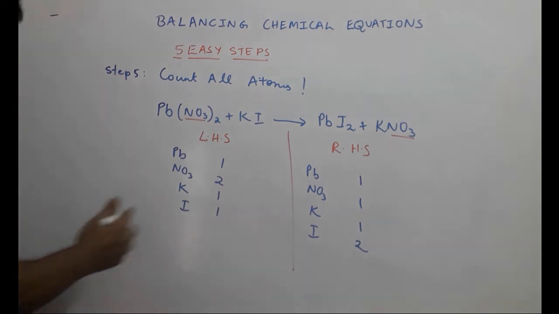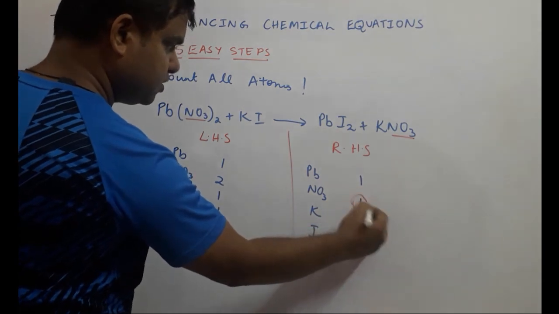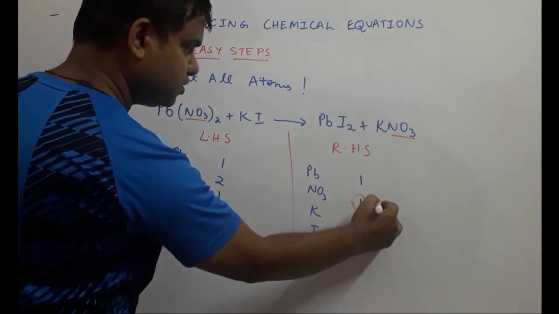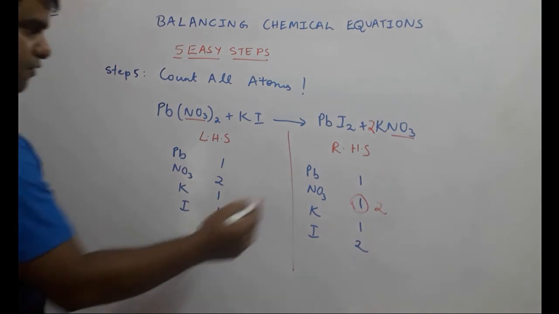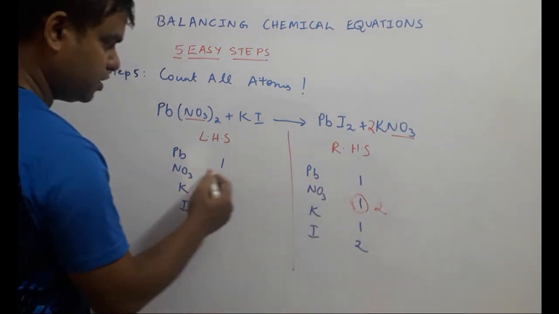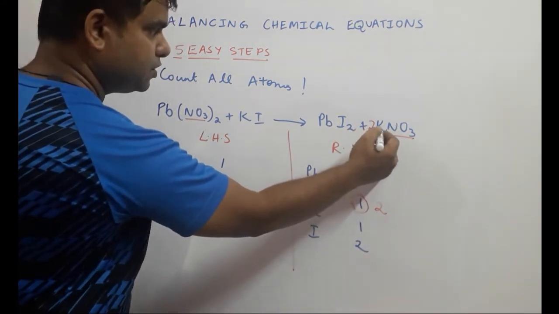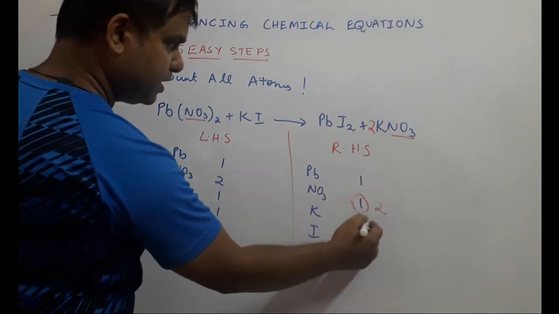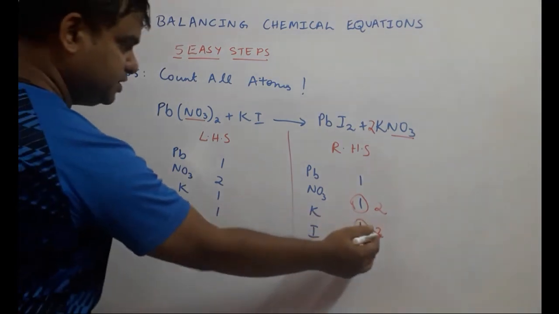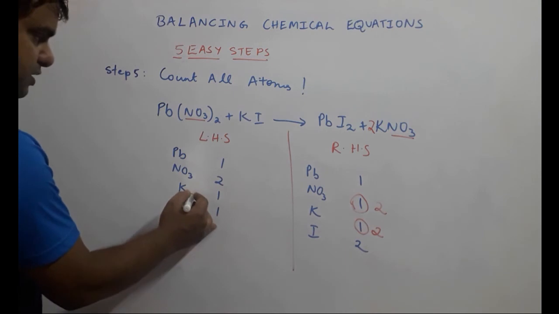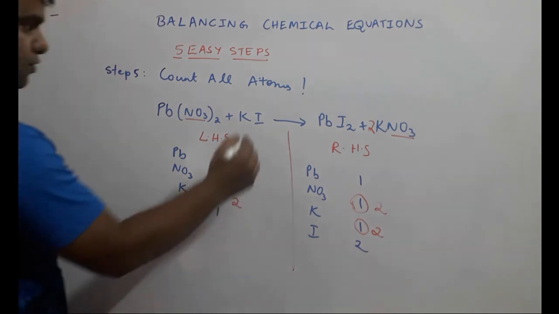So let us begin first with the polyatomic ion, because it has got 2 on the left hand side. If you have 2 on the left hand side and 1 on the right hand side, we need to multiply the product side nitrate with 2. So if you put 2 over here, that means 2 needs to come here. Now we have the NO3 balanced at both ends. Since we multiplied this entire compound with 2, even potassium becomes 2, so we change this from 1 to 2. And now that potassium has been changed to 2, we'll have to balance it on the reactant side, which is 1. So we change this into 2, that means we multiply it by 2.